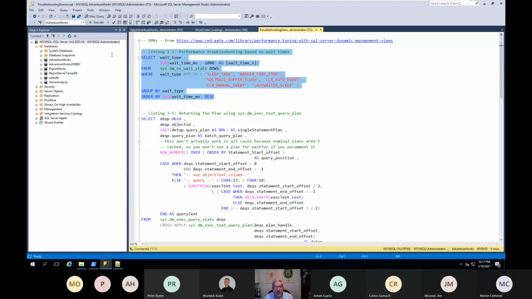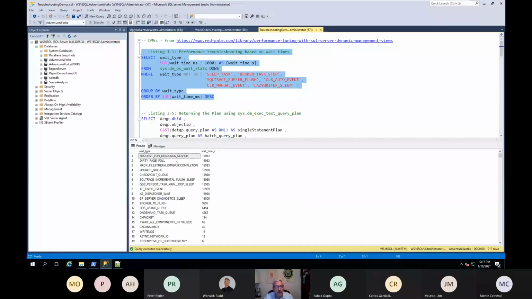I'm staying with the list that came with Louis and Tim's book. But what am I waiting mostly for? Request for deadlock search, dirty page poll, file stream IO completion, etc. These are the wait times based on the activity that I've got going on this server right now.